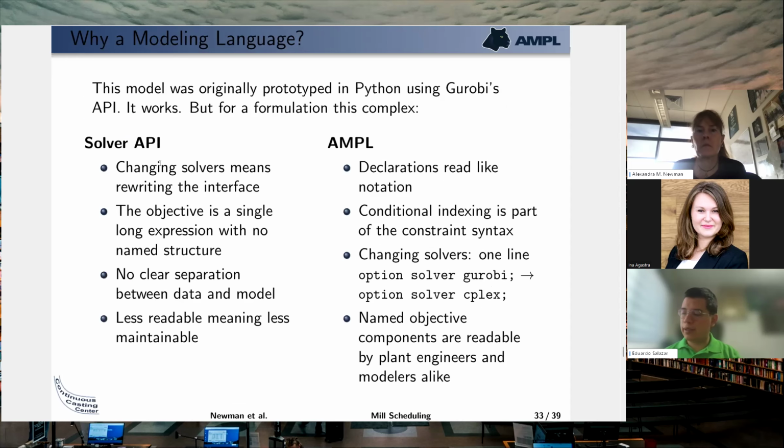So let's take a step back and ask ourselves specifically, why a modeling language? This model was originally prototyped in Python using Gurobi's API, meaning gurobipy. And this definitely works. You can build any MIP with a solver API. But for a formulation this complex, with many interacting constraint families and conditional logic, and also with the strategies that Alexandra discussed, the cutting planes, and maybe even trying different solvers,